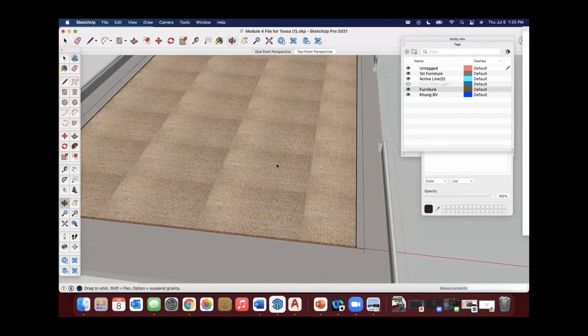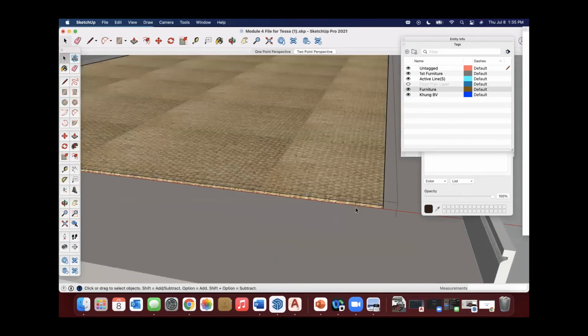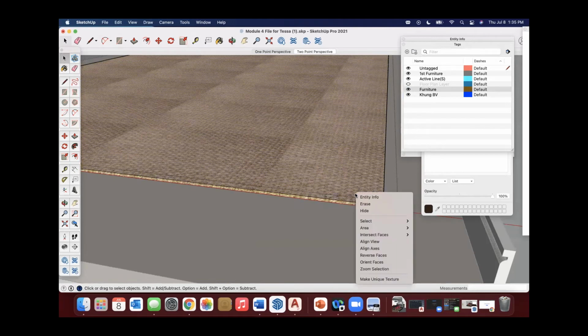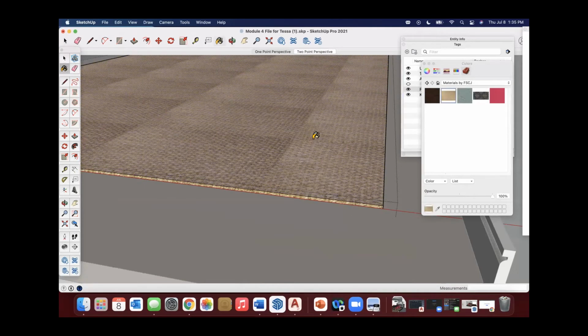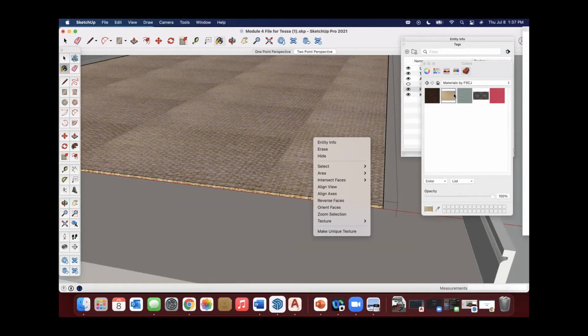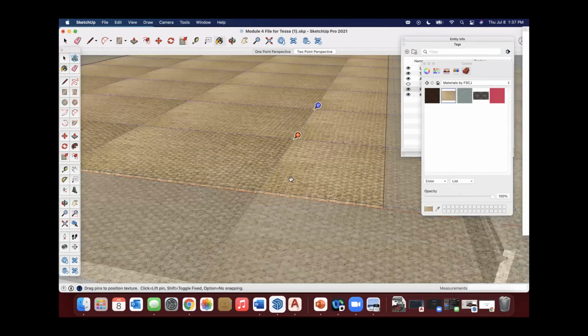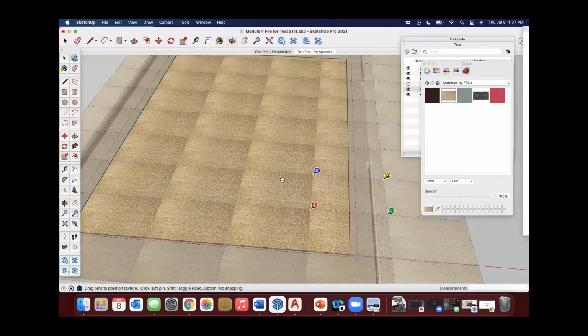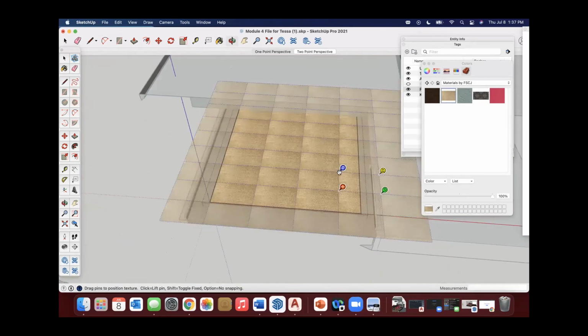In theory. Oh, I did this earlier and okay, let's see. Okay, I just reapplied the material and now I'm getting my texture option. For whatever reason it wasn't doing it, but there it is. So I now can do the same thing, and I can go to position and figure out how I want this to look. Let's start right here.